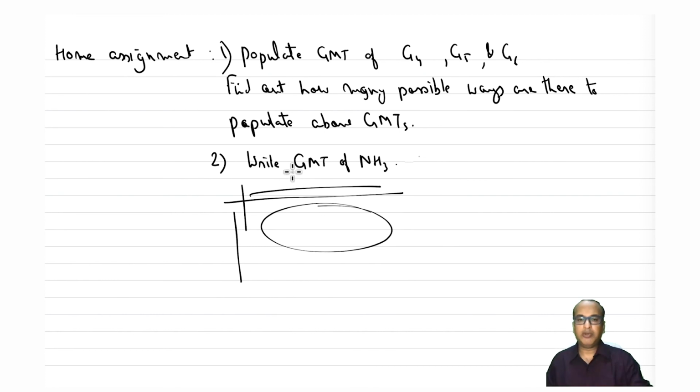Certain products will be easier to fill, while for certain products you will have to actually carry out all the operations. This will be easier once you have the GMT of NH3 ready with you, to further look at the properties of subgroups and classes, and also when we take the NH3 example it will be easier. So try to do it yourself. If you have any difficulty, we can always discuss in the interaction class. Okay, I think that's all for today. Thank you.